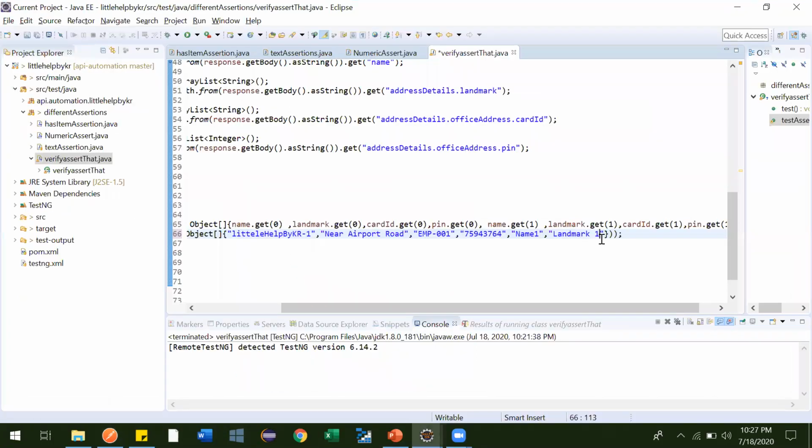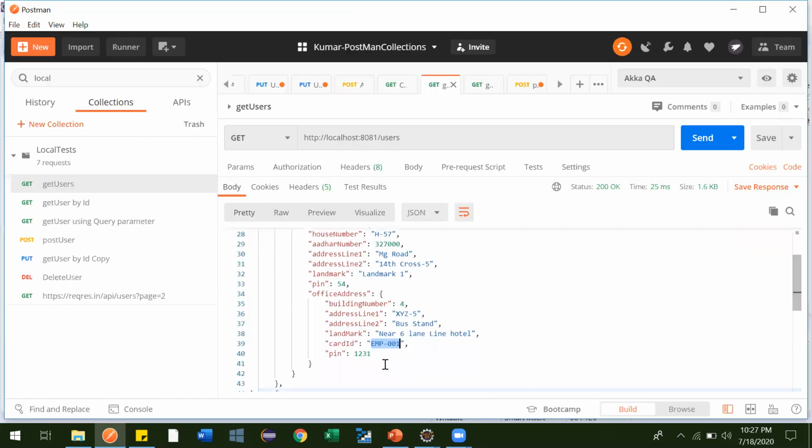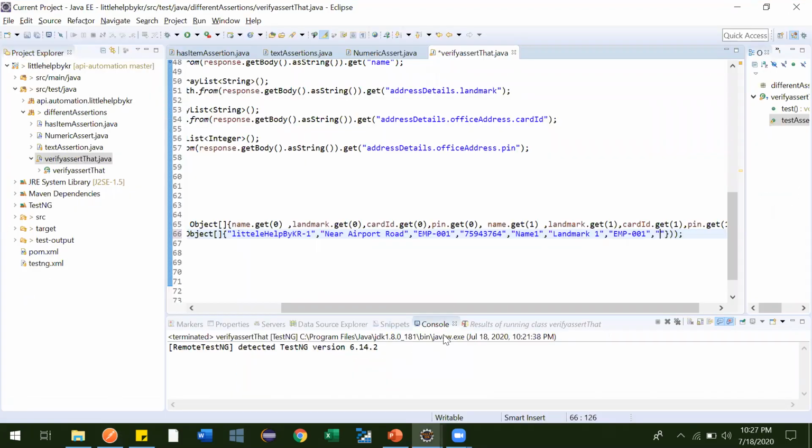Comma, then 001, then comma, then pin 1231. This should not be under inverted commas because the type is integer. Perfectly fine. So now the second one we got right.